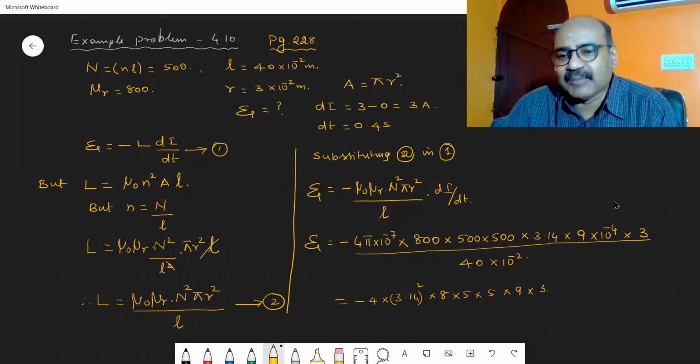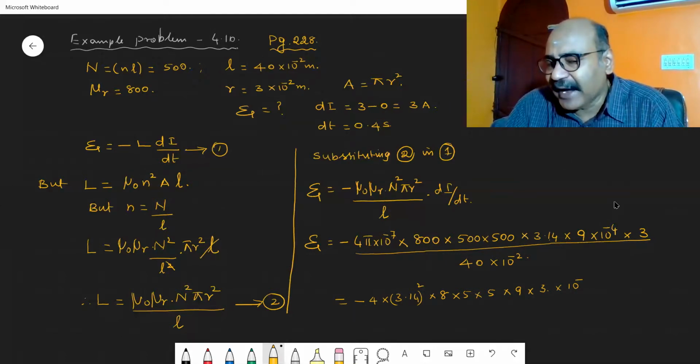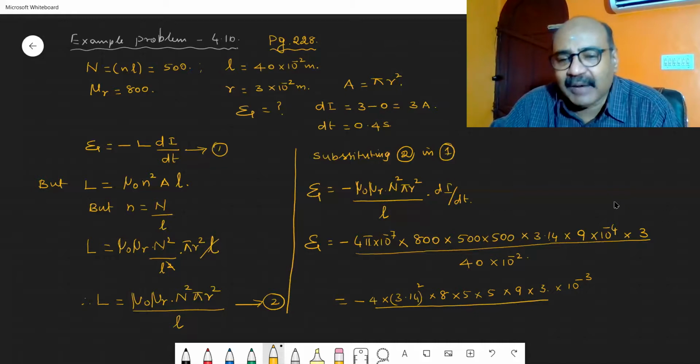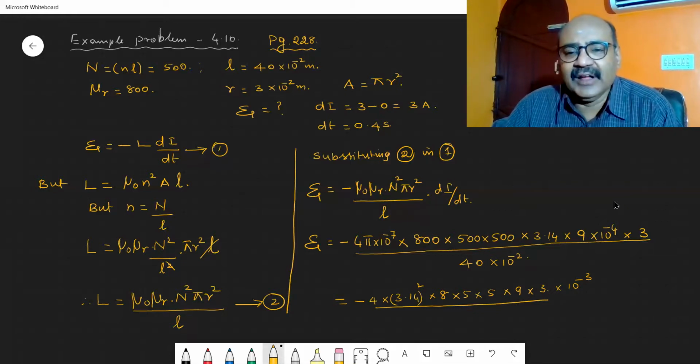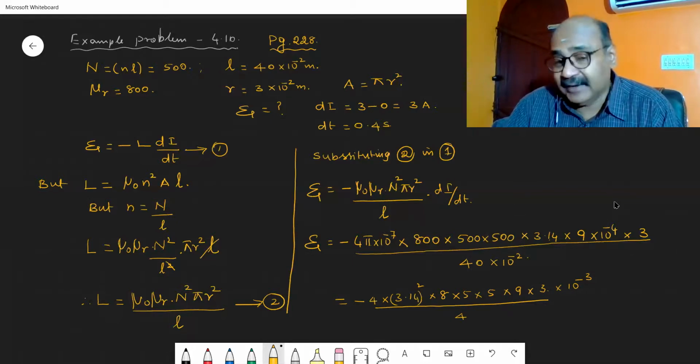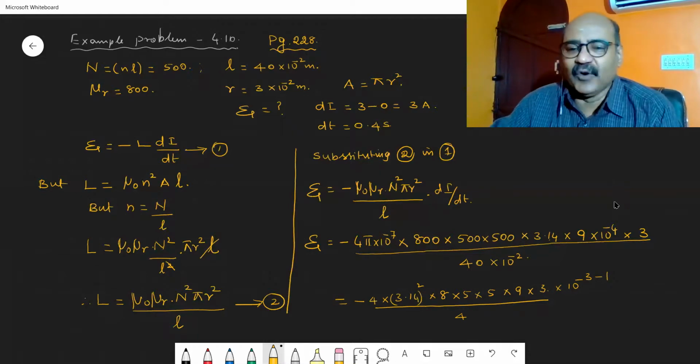So I am getting 10 power minus 1. Here I am having 10 power minus 4. So I will be getting it as 10 power minus 5 divided by 10 power minus 2. So I am getting 10 power minus 3. The whole divided by what? When I am taking this 40, I can write like this 4. Taking this 10 power, there is 0 to the numerator. I can write this as 10 power minus 1. So as a whole, I can write it out as 10 power minus 4.